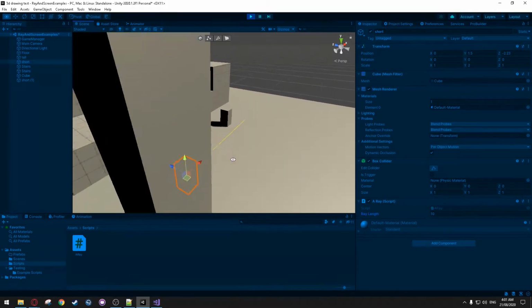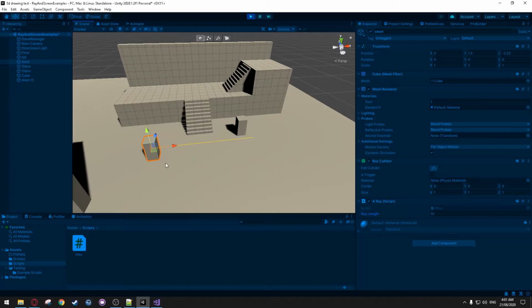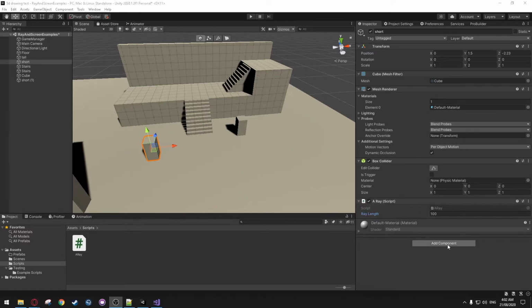So that can be useful when you want to limit, say, the range that a bullet can travel, or various other things like that. So I'll set it back to 100 because that's pretty useful for what we're going to be doing. The next thing I want to show you is the Raycast.hit functionality for detecting when a raycast collides with an